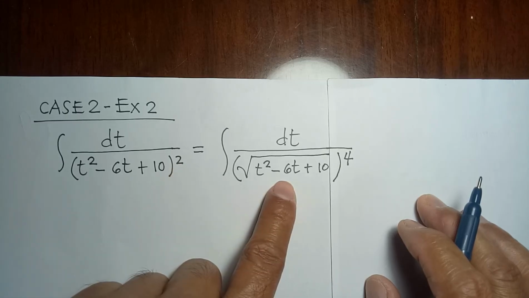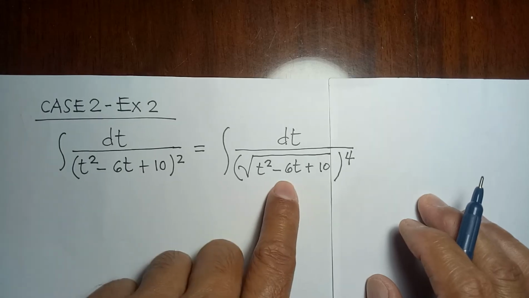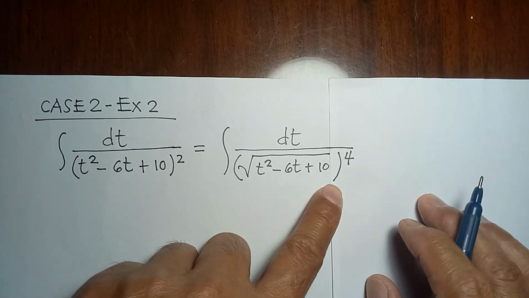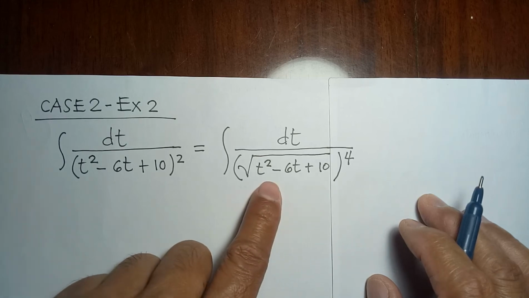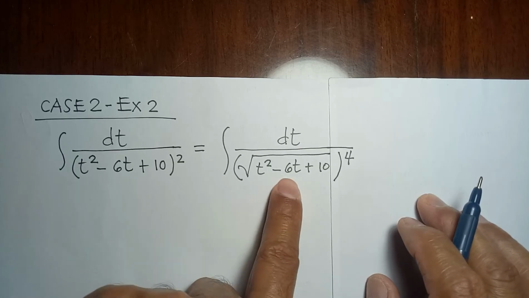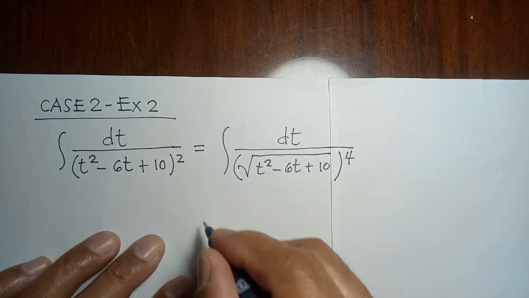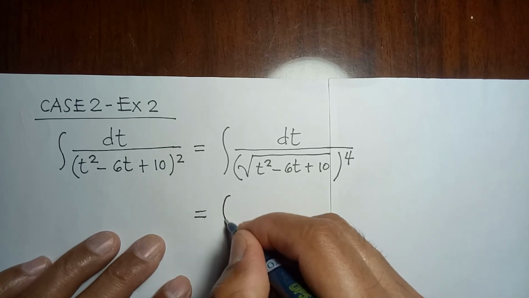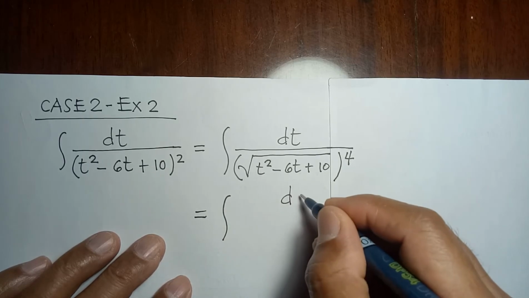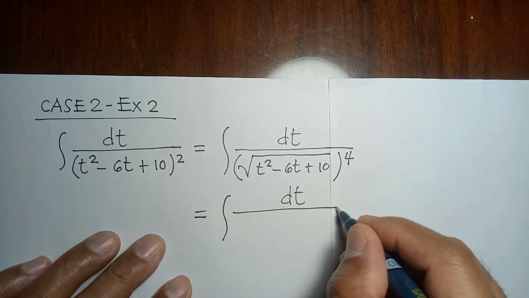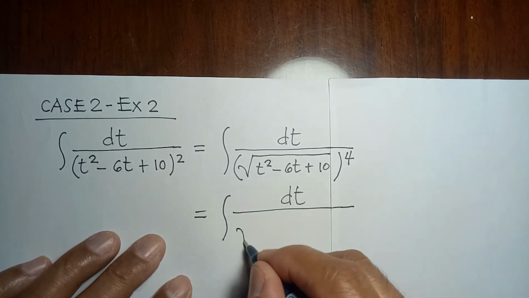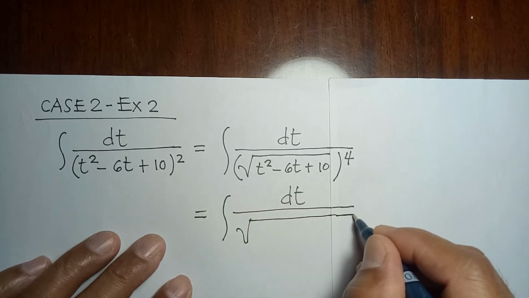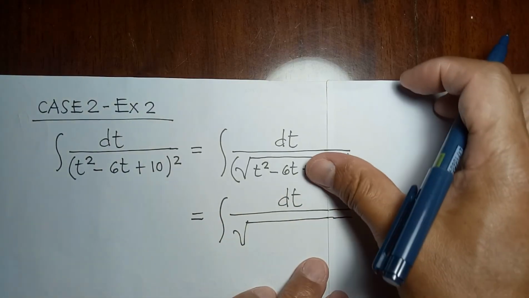So, dito, ang gagawin natin, susulat natin yung t squared minus 6t plus 10 in the form of u squared plus a squared o kaya a squared plus u squared. How do we do that? By completing the square. So, magko-completing the square tayo. So, meron tayong integral of dt divided by square root of. So, completing the square,